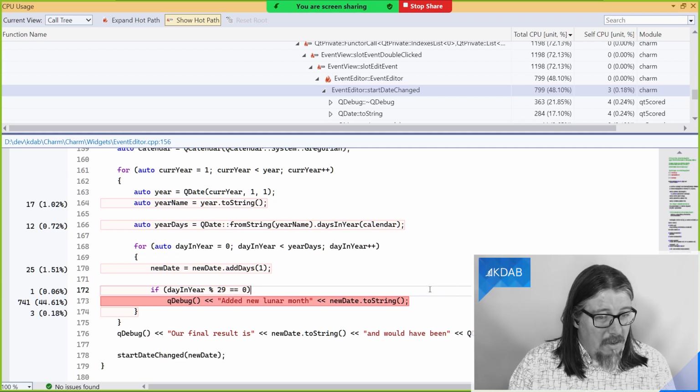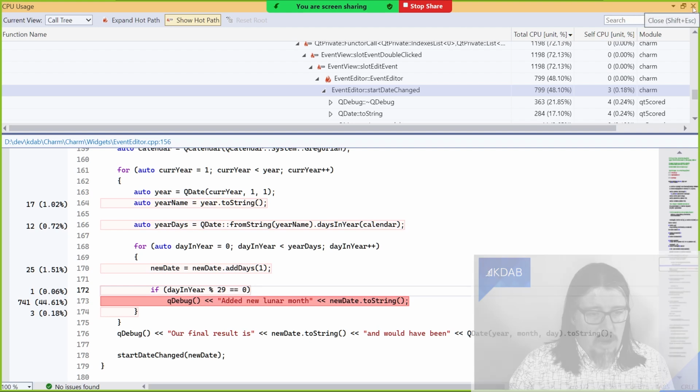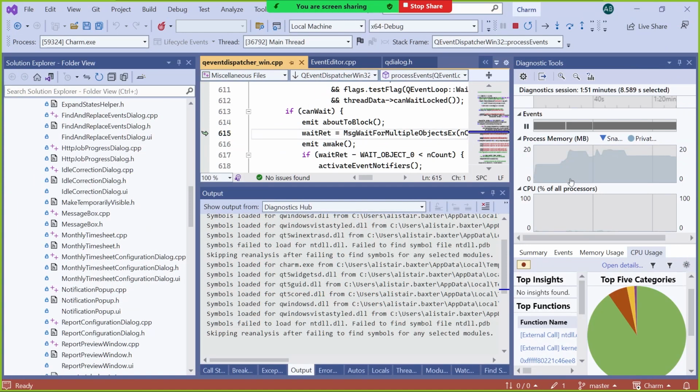No. So yeah, just any time you want from inside the debugger without having to do any preparation or running any extra types of programs, you can profile your application, and for a few years now, that's been pretty much all I've needed in order to find these kind of issues.